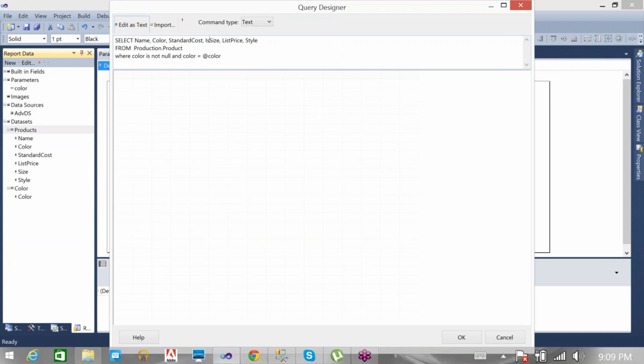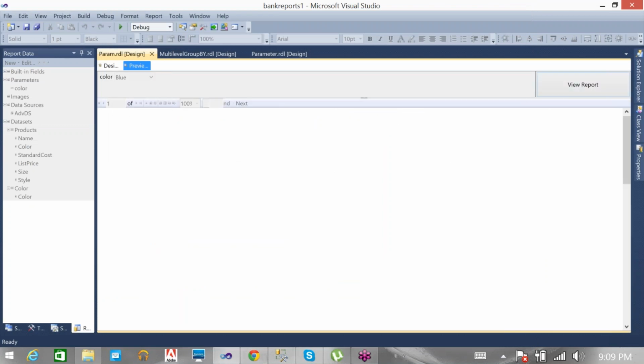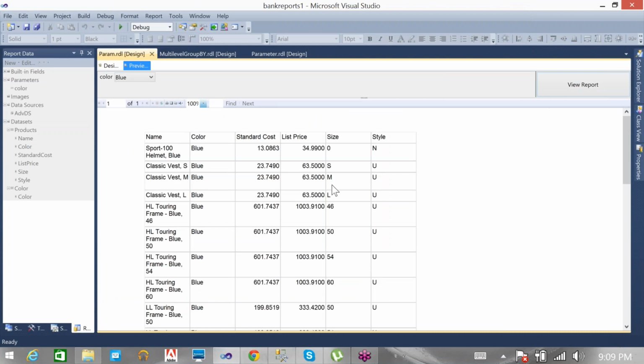Wherever the size is null, display 0, and where the style is null, display N. Automatically the sizes are a combination of numbers and also small, medium, large.